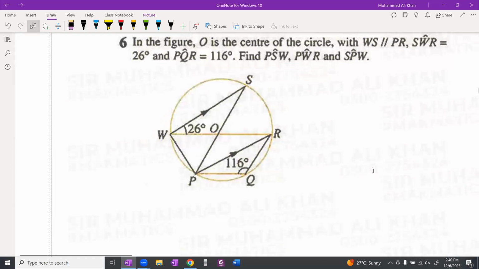Now, question number 6. We have to calculate PSW, this angle, PWR, this angle, and SPW, this angle. करते हैं वर्किंग बच्चों. इफ फ्रॉम एस आर से एक एंगल बना 26 का, तो एस आर से ही एक और एंगल जो बनेगा वो भी 26 का होगा. नाउ अब आप देखें, अकॉर्डिंग टू पी आर सर्कमफ्रेंस का एंगल 116 बन रहा है, तो सेंटर में इसका ट्वाइस बन जाएगा,